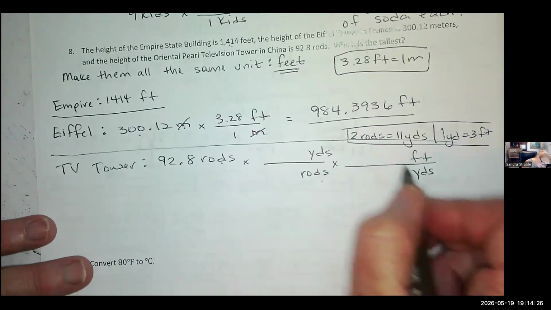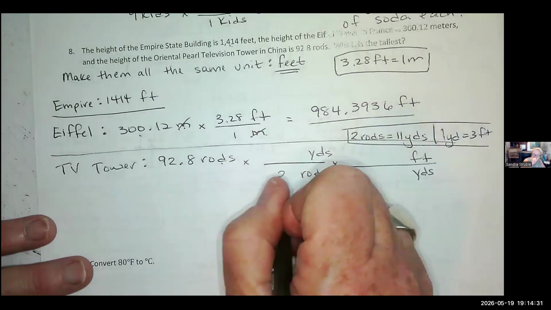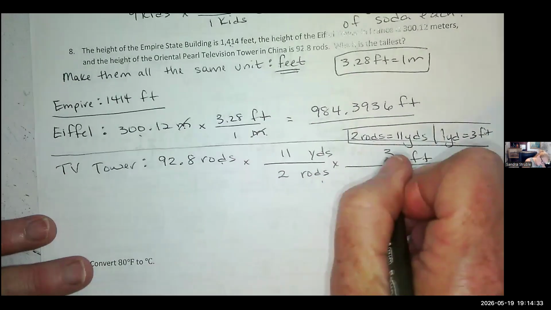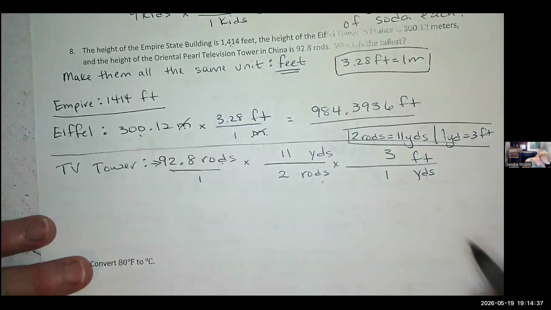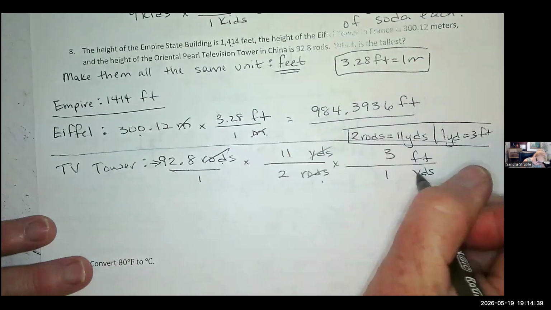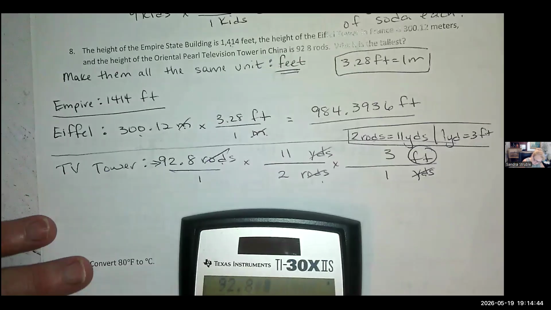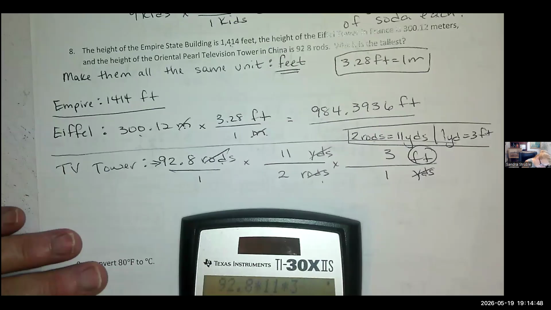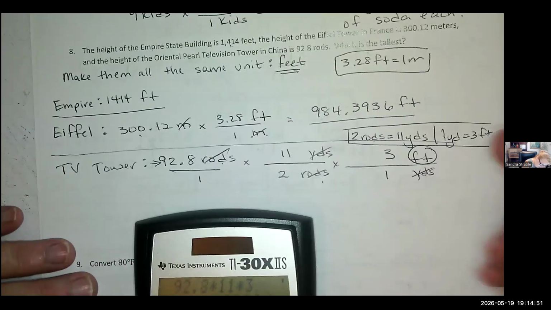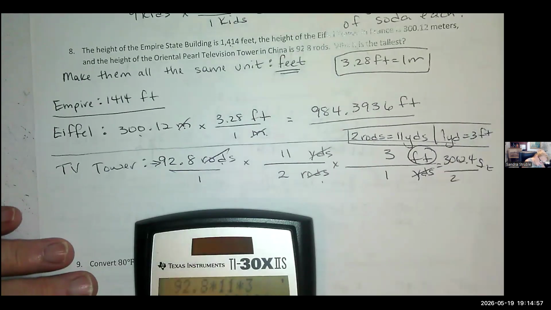Plug in my numbers. 2 rods, 11 yards. 1 yard, 3 feet. Multiplying straight across. Put this over 1 if you need to. Rods are gone, yards are gone, left with feet. 92.8 times 11 times 3 is 3062.4. And this is feet over 2. So divide that by 2. And it's 1531.2